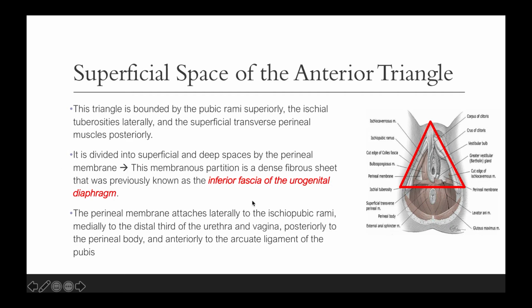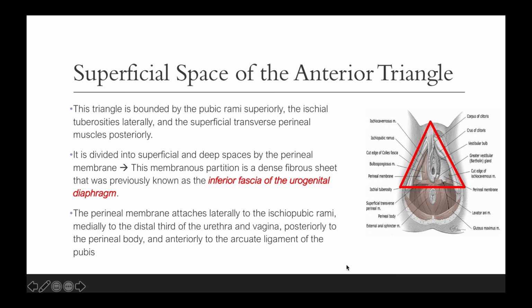Now, we have the superficial space of the anterior triangle. So, as I've said, this will be the anterior triangle or the urogenital triangle. Now, this triangle is bounded by the pubic rami superiorly, the ischial tuberosities laterally, and the superficial transverse perineal muscles posteriorly. So it is divided into superficial and deep spaces by the perineal membrane, and this membranous partition is a